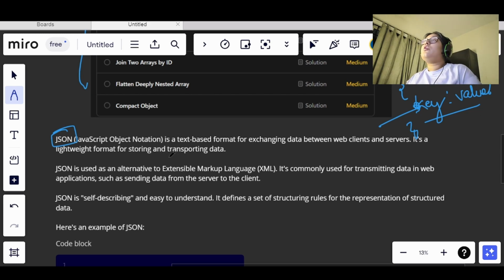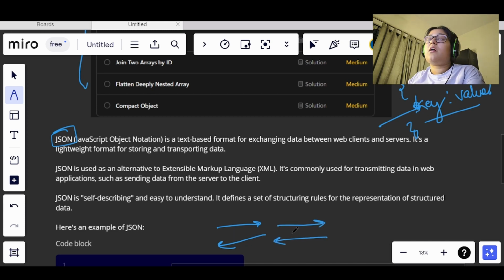The main use of JSON is when we are trying to exchange data in web applications. When we are trying to send some data, or fetch some data, it is usually done using JSON, because it is a very lightweight format and very easy to understand.